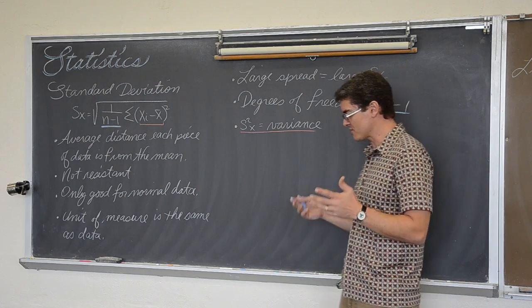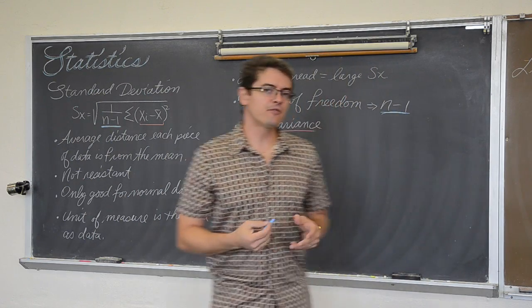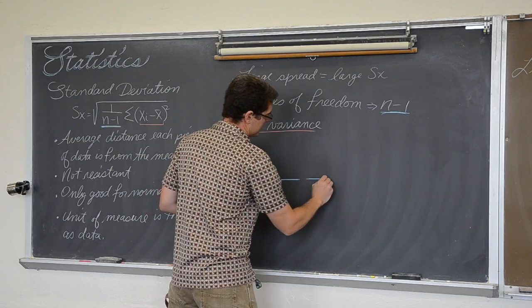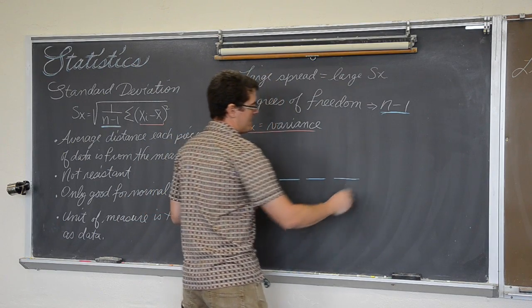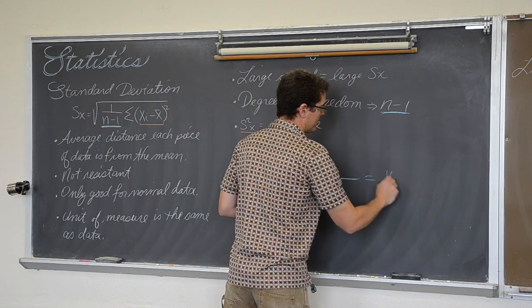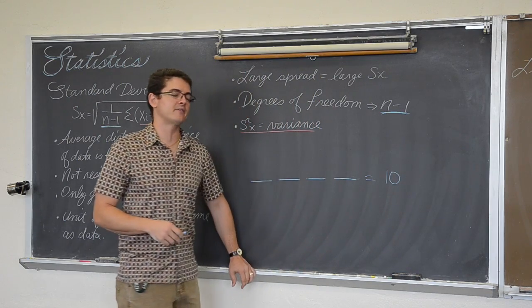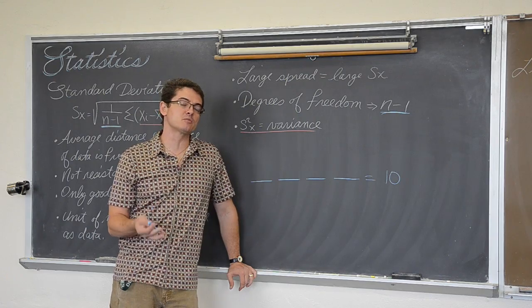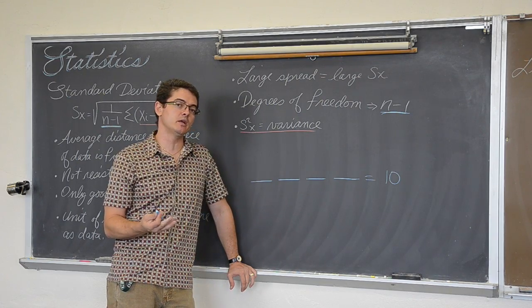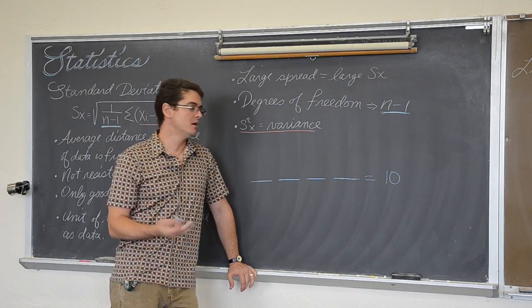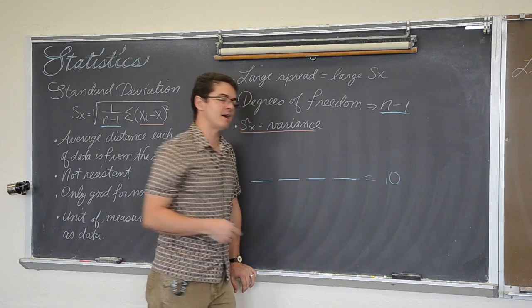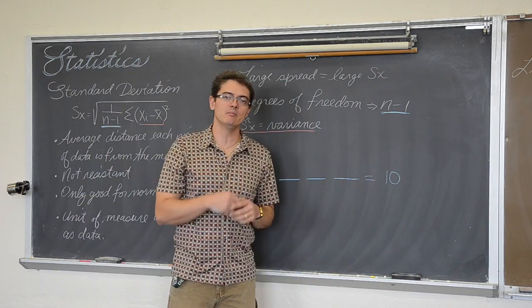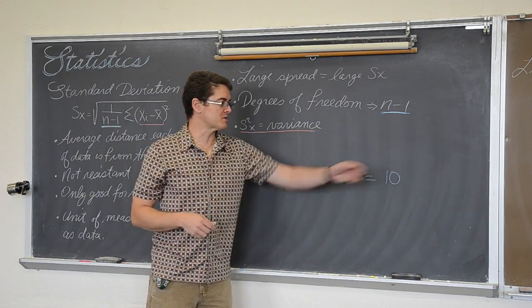Okay, what the heck is degrees of freedom? This is not maybe a great example, but it's how I get across degrees of freedom. Let's say that there are 4 numbers that have an average of 10. These 4 numbers are a sample from a large population. The large population we know to have an average of 10, so our sample should have an average of around 10. It will not be exactly, sometimes less and sometimes more, but let's say that these 4 numbers have an average of 10.